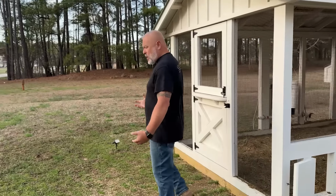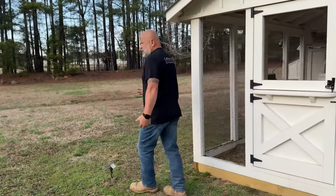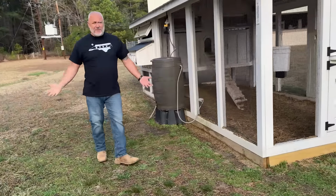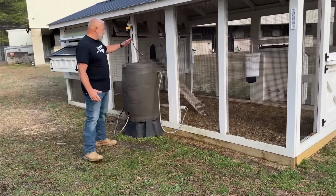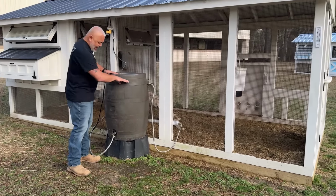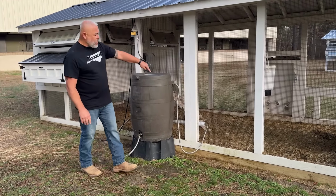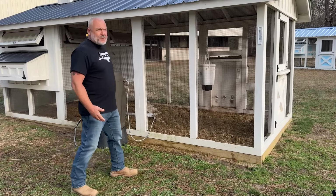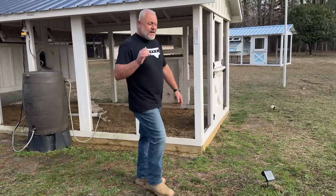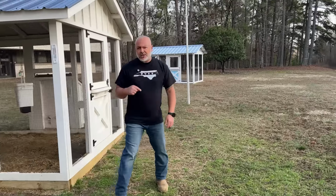And then the other part, speaking of the outside, let's take a walk around here. We're going to go over to our water system. And I absolutely love how automatic our water system is by just taking advantage of gravity. Now here we're just collecting rainwater. I don't even have the gutter on yet, and we still get plenty of rainwater. Gravity pushes this water down into the water bar. I don't know if I've ever filled up this rain barrel. Maybe I have from time to time, but again, it's so easy, very little effort. So I want to show you guys